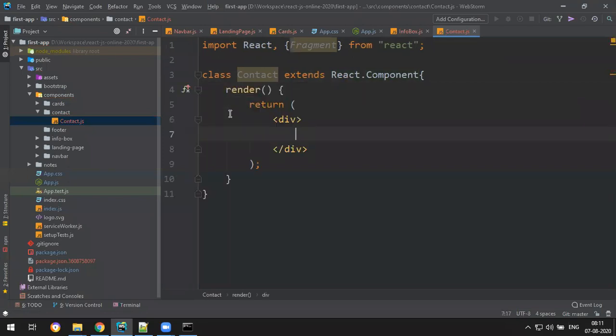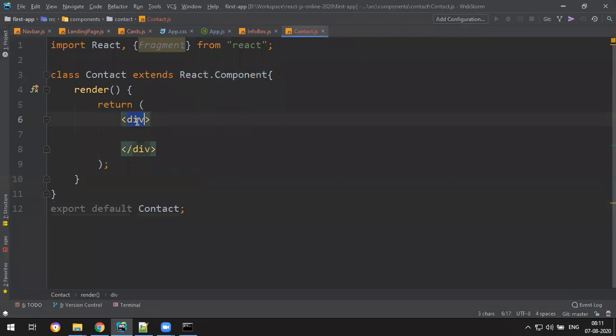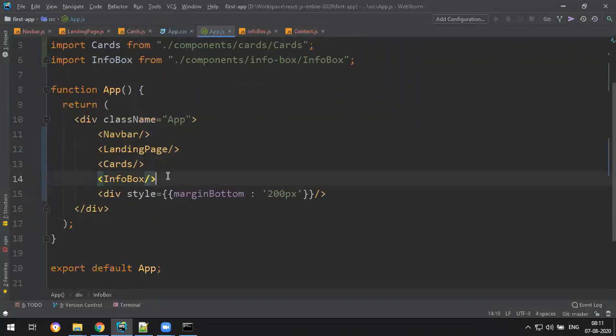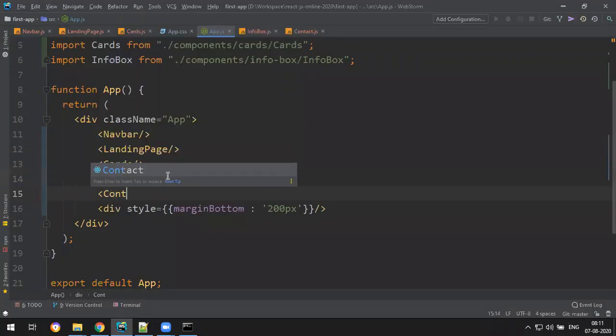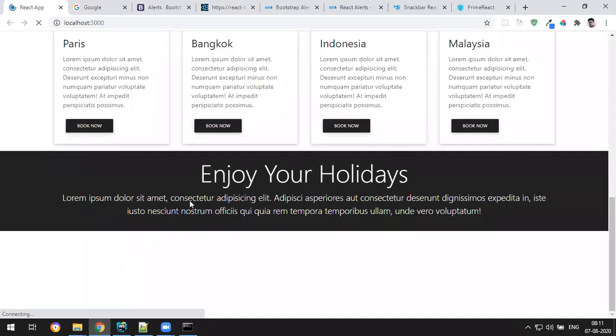In this, export default contact. Okay, so let's add this as a fragment. Let's add some h2 contact. Okay, some contact section, separate component. So where do we add that? In the app, below information box, contact. Okay, so you get the nice information. Default is contact.